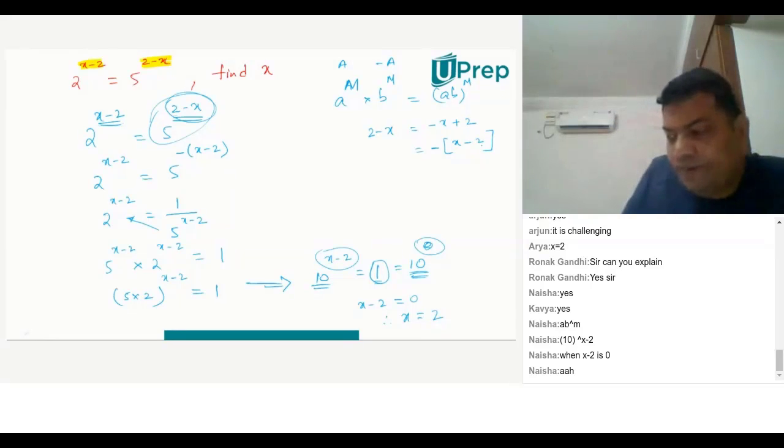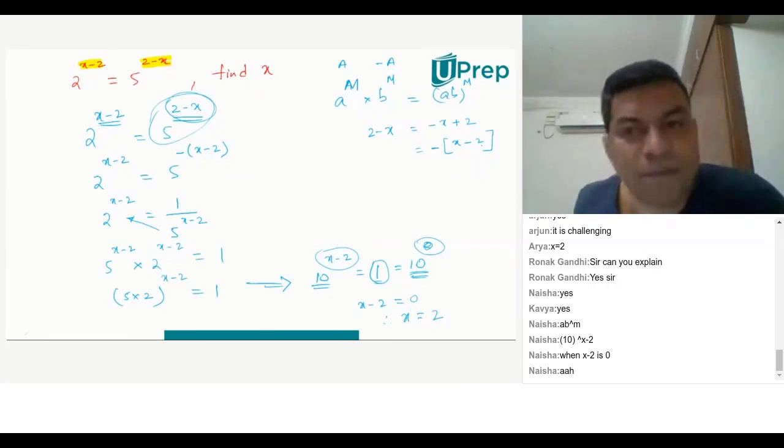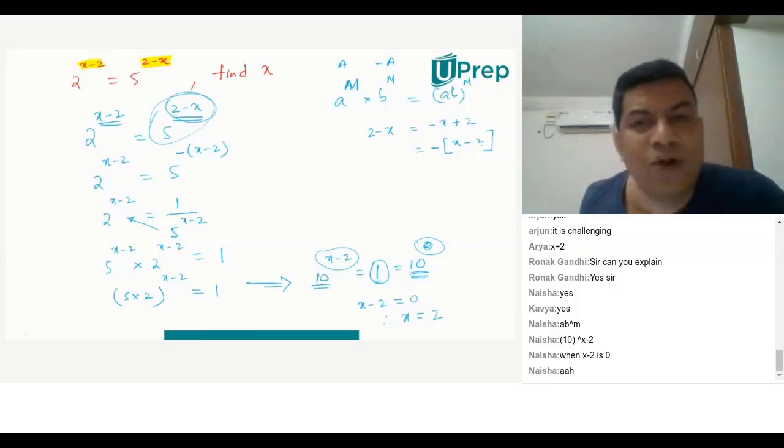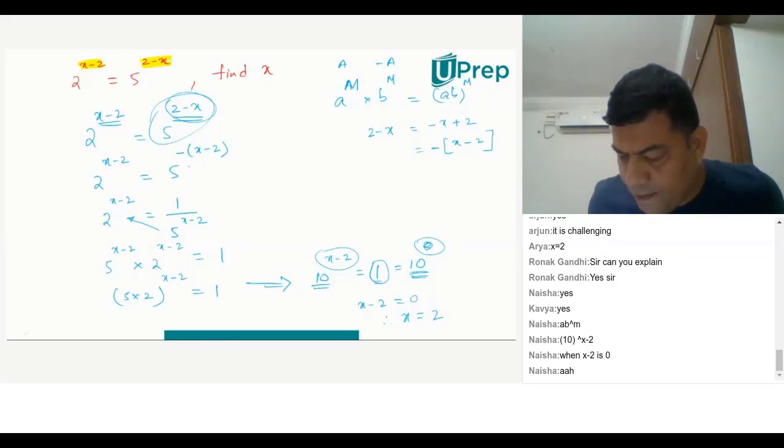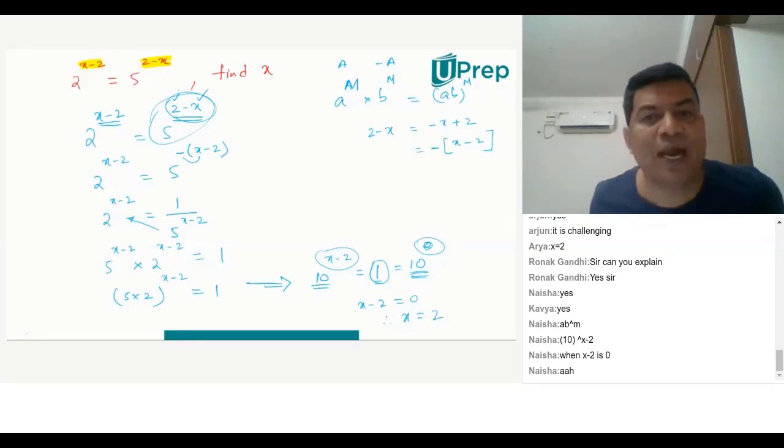That's what I did. But sir, when you took minus common, you have to multiply it with both the values, right? No, I did not change the value. The value still remains the same. Observe this. When you took minus common, you have to open the bracket and multiply it by both of the values. If you open this bracket, minus into x will be minus x. Minus into minus is plus 2. That plus 2 still remains as plus 2 only. I did not make any change.